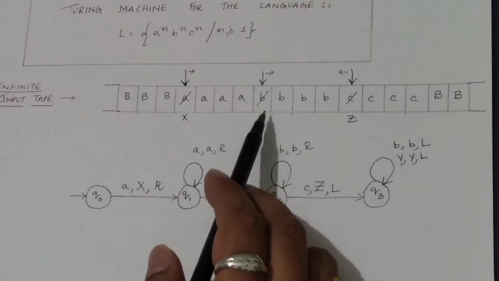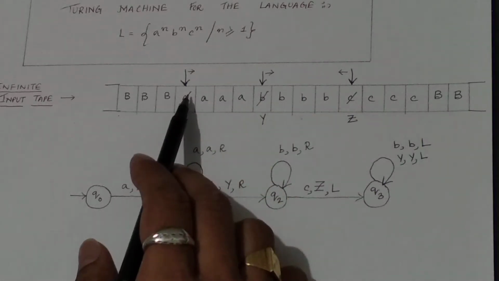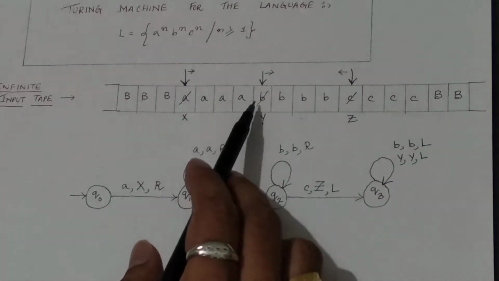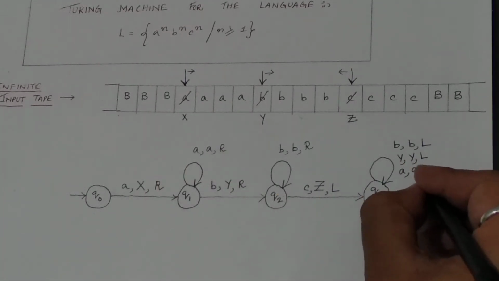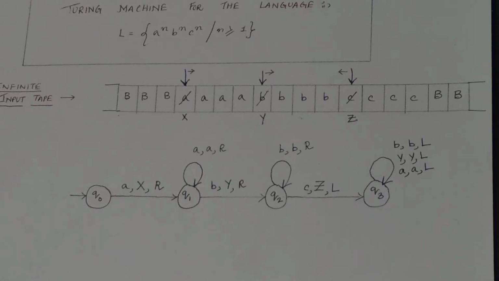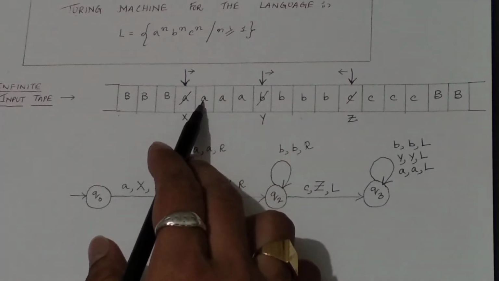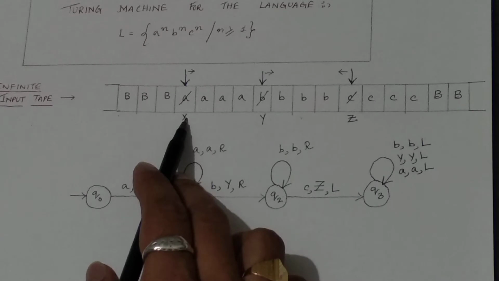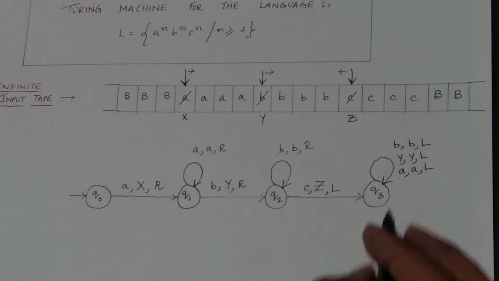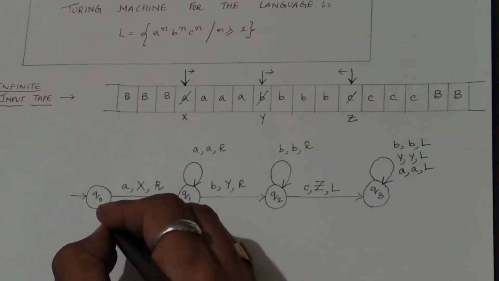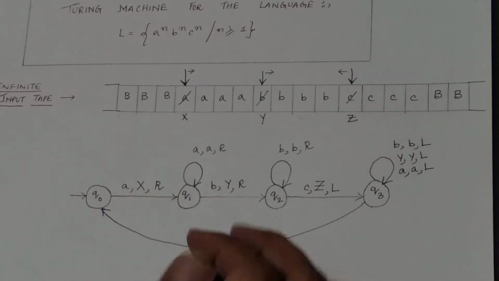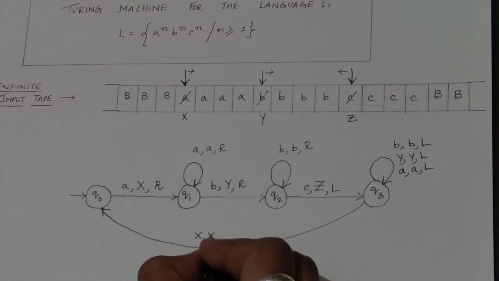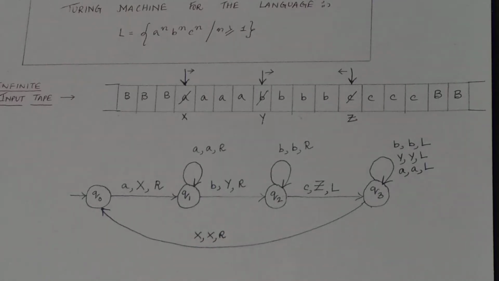Clear? After doing this, again it will come towards the left hand side, and during that time it will again encounter A. So on seeing A, replace by A and move in the left hand side direction. Now the tape head has reached here. After that it will encounter what element? X element. That means again I can go to the initial state. And what will be this transition? On seeing X, replace by X, and which direction will the tape head now move? The tape head will again move in the right hand side direction.